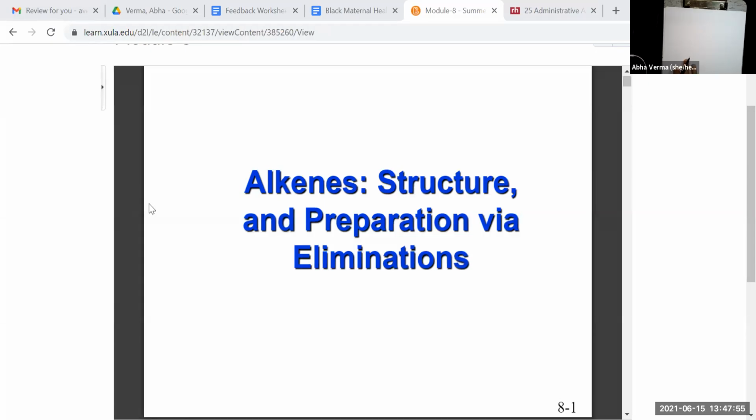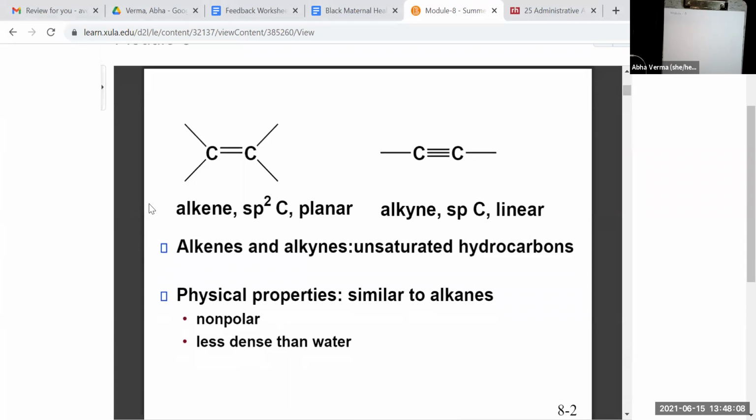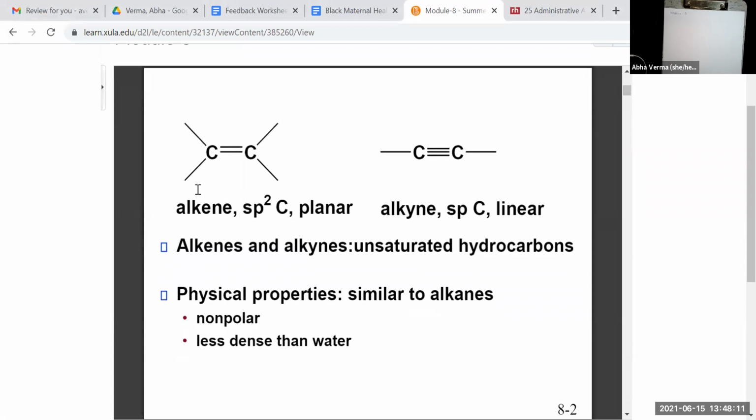We're going to go ahead and start with our Module 8. Now, Module 8 is just the second half of your Chapter 7, which we were just covering. We will be looking at the formation of alkenes and alkynes. Remember, whenever your double bonds form, these pi bonds are forming, you will know that elimination is occurring. Okay, so whenever in your product you see a double bond or a triple bond, the elimination mechanism is going